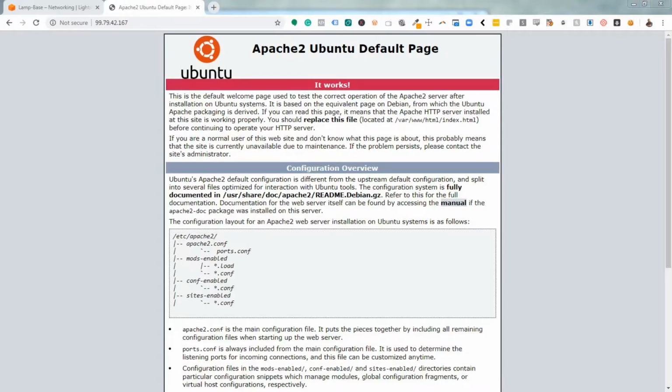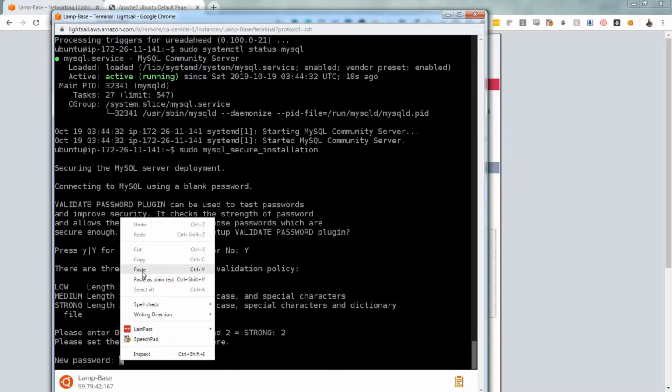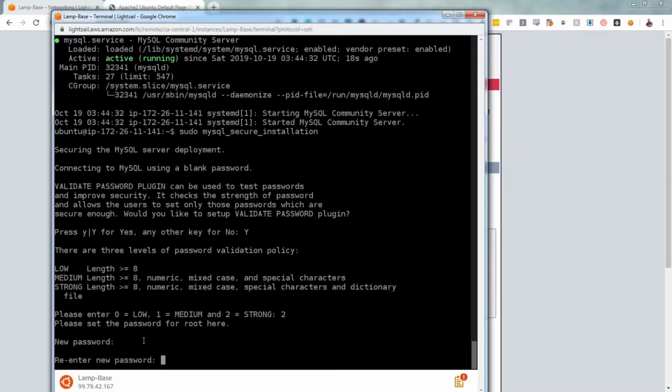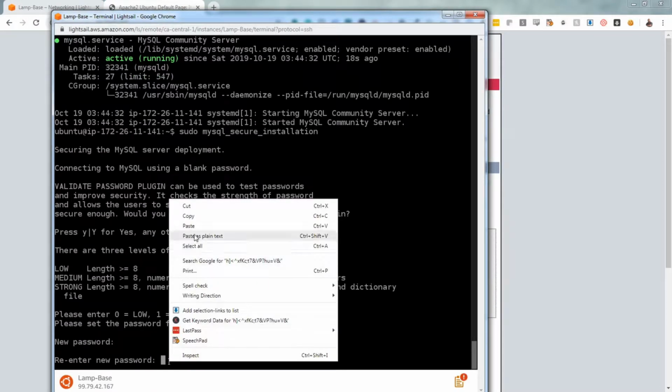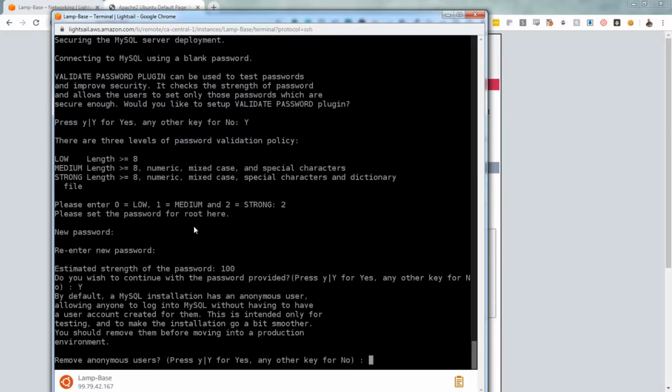And then I would use that password as the password for this. So my estimated password strength is 100. Do I wish to continue with the password? Yes, of course I do. And then you're probably going to have to record that somewhere so that you